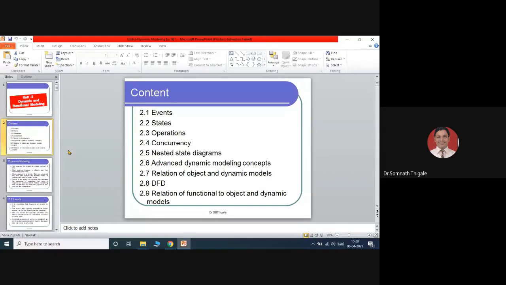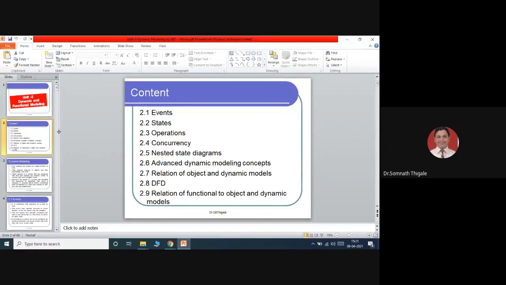Then we discussed the basic idea of nested state diagrams and advanced dynamic modeling concepts, and now we are going to discuss the relationship among the various models, that is the object model, dynamic model, and functional modeling. That is one of the most important parts we are going to cover right now.